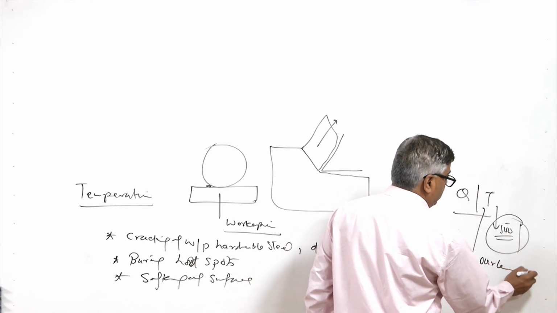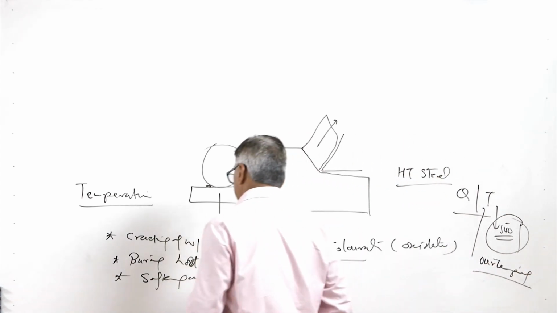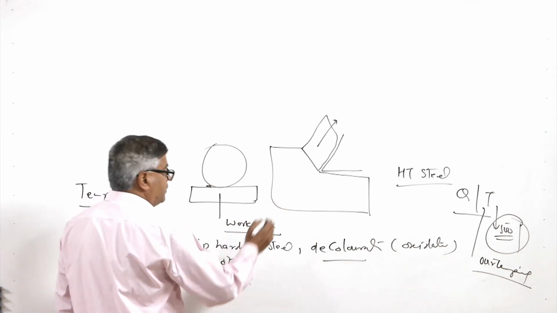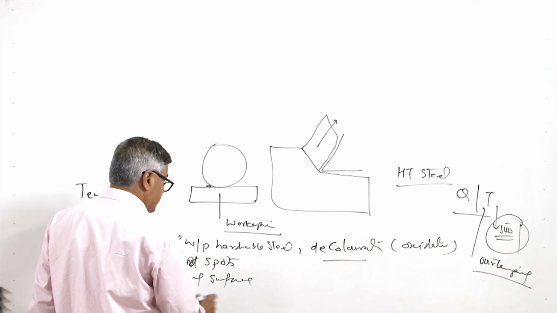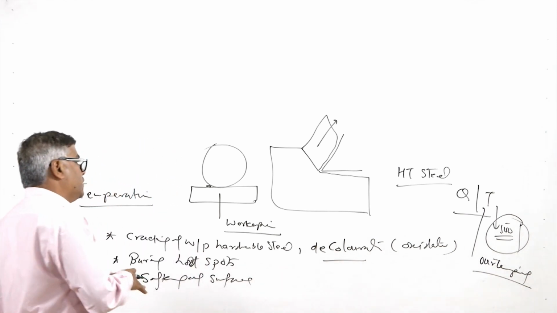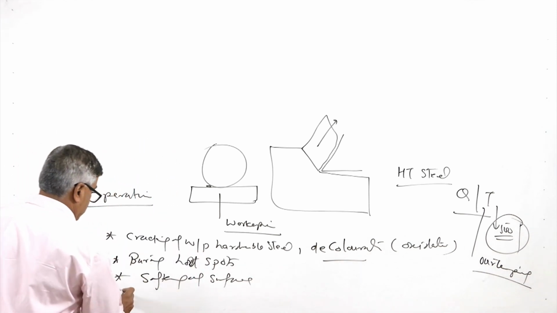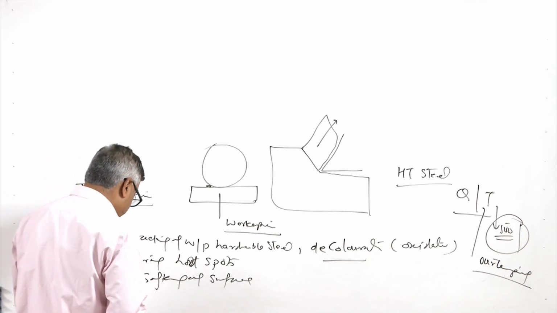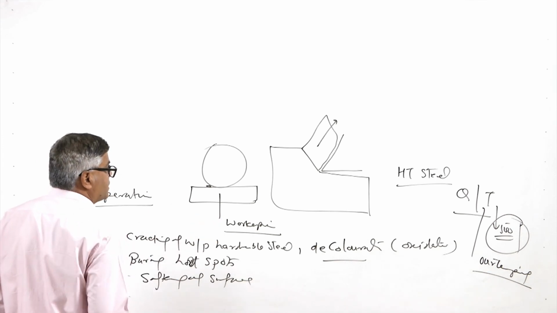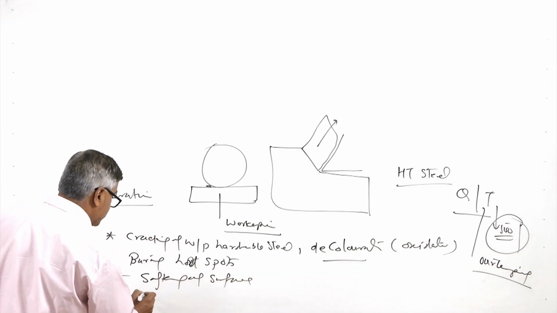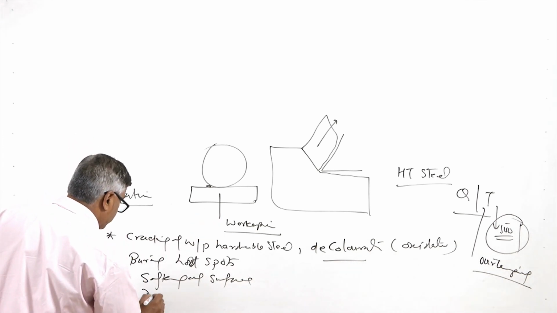So over-tempering will simply lead to the softening of the material, or softening of the quenched and tempered steels. Even quenched steels also get softened due to the heat generated during the grinding. But there is one favorable effect of the temperature rise during machining, during the grinding, which is the development of the